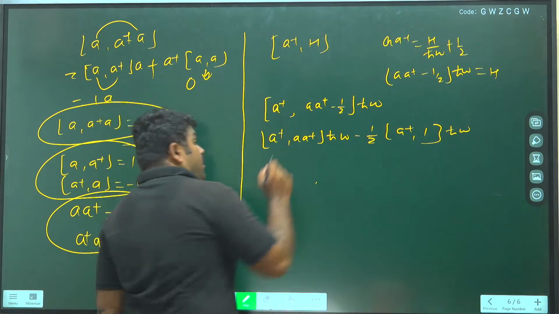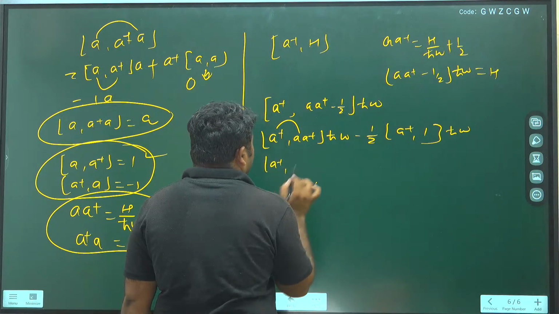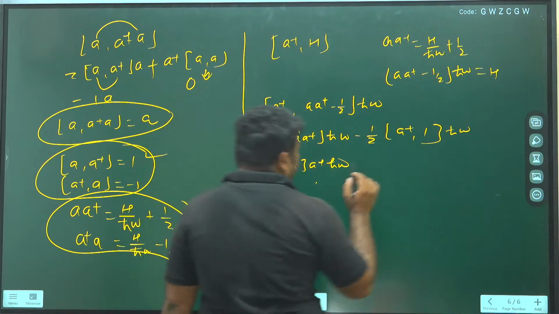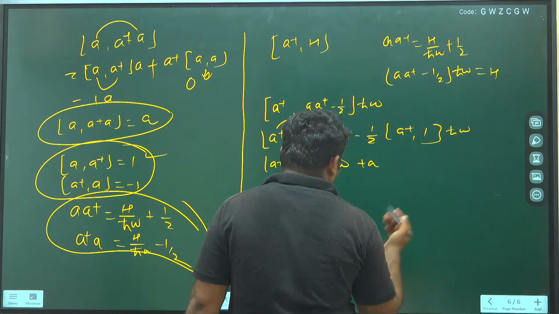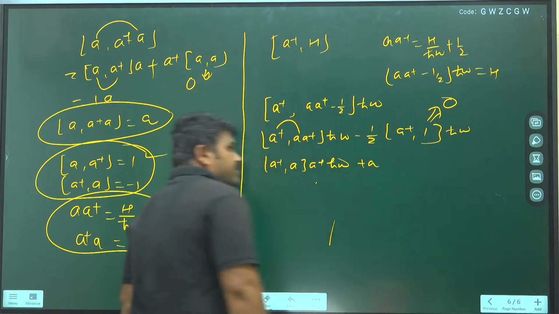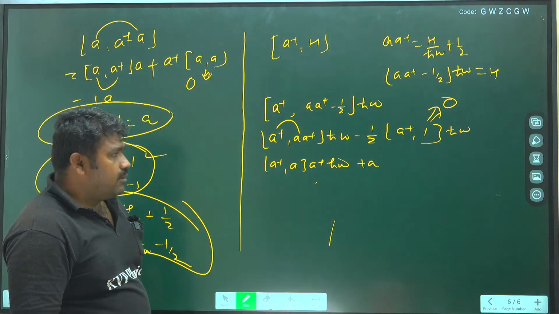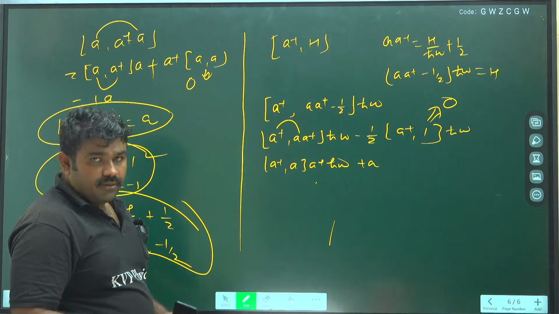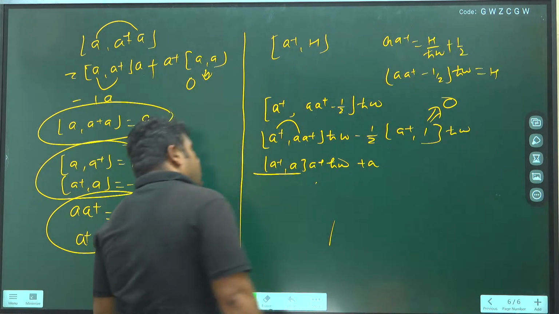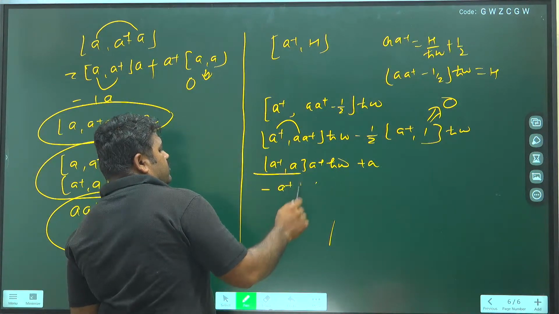क्लियर? नाउ आप देखिए a dagger comma a dagger a, at that time a dagger is constant, take outside, a dagger comma a and h cross omega. Second time क्या होगा, a we can take common out, a dagger comma a dagger is commutator with itself, 0. Here a dagger is with 1, a dagger with 1 is 0. Why? Because 1 is constant. See, a comma or any variable with a constant, the commutator is equal to how much? 0. And this part is equal to how much? 0. a dagger comma a, increase decrease, तो decrease हो रहा है, decrease मतलब माइनस, तो a dagger h cross